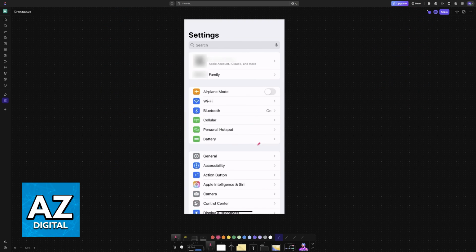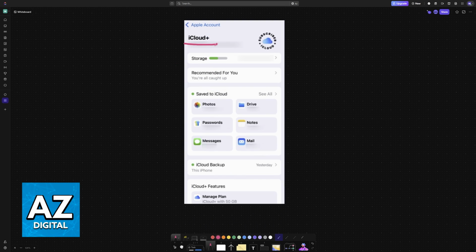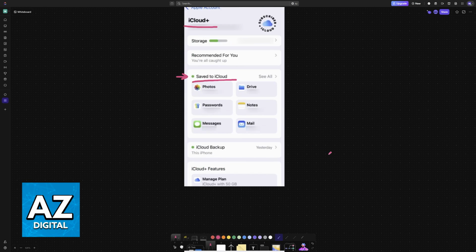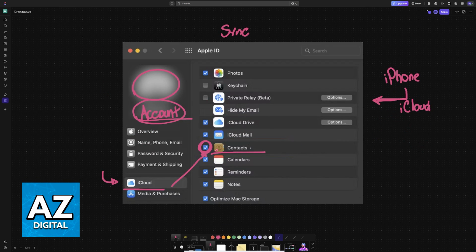And then you do the same thing on the iPhone. So you open the settings, choose your Apple account at the top, access the iCloud settings, and then choose Save to iCloud to manage all of the data that is currently being synchronized. And in here, you can ensure that contacts are being synchronized into iCloud. With this done, when you enable synchronization through this page here, the contacts that are saved onto iCloud will be gathered and added onto your MacBook.